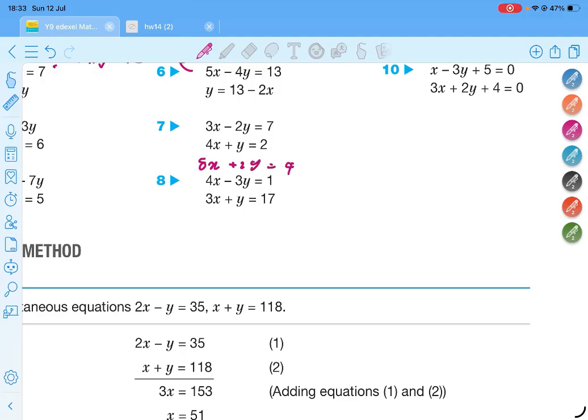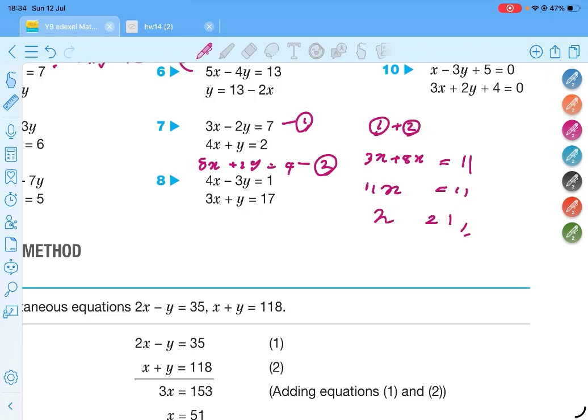The pointer is marked. You have to write down this first, second or third, it doesn't matter, right? Then you need to write first plus 2. The method is important, right? Without formal writing it's no use. 3x plus 8x. Now this y and y simplify, 1 plus 4 is 11. This comes 11x equals 11, right? X equals 1. No.